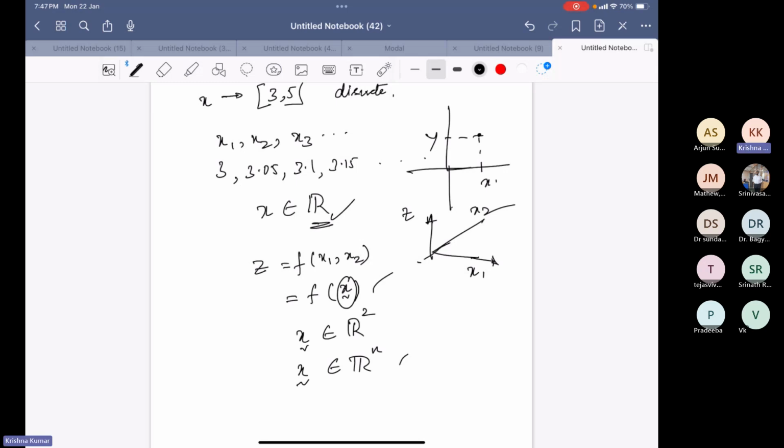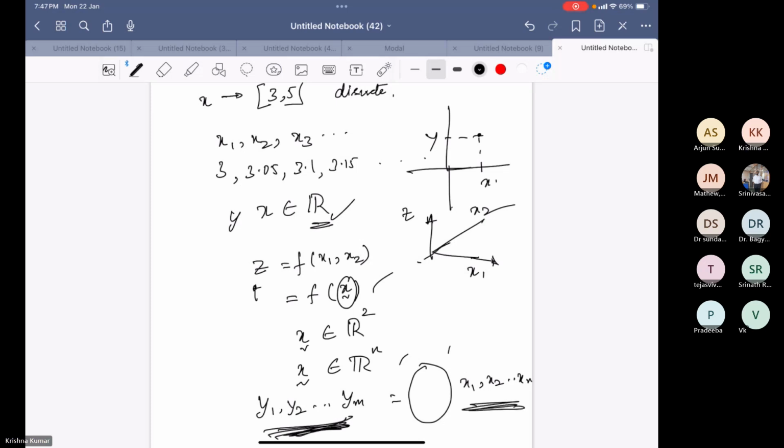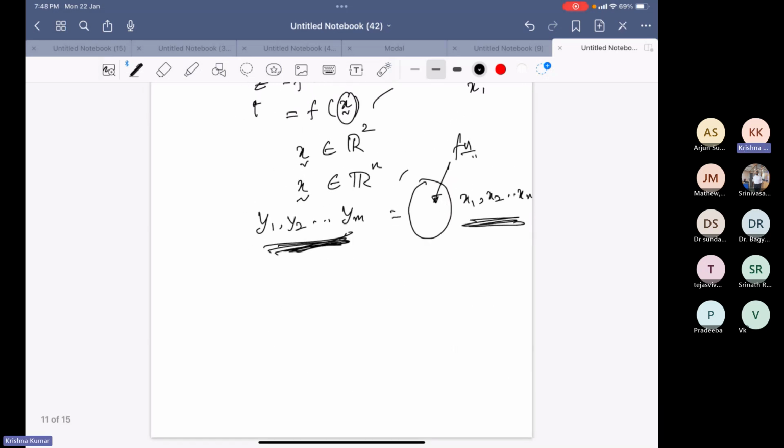Similarly, the left-hand side, z, which we call y, can also be more than one number. Can be y1, y2, up to ym. Okay, in the left-hand side. The right-hand side, x1, x2, up to xn. Connecting the left-hand side to the right-hand side is a special function which we will see later, which we would call a matrix.